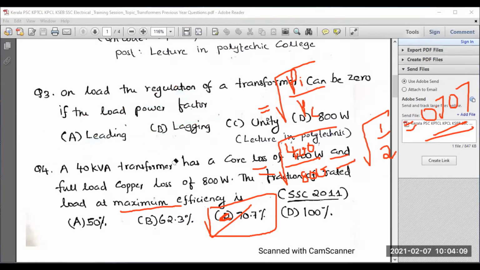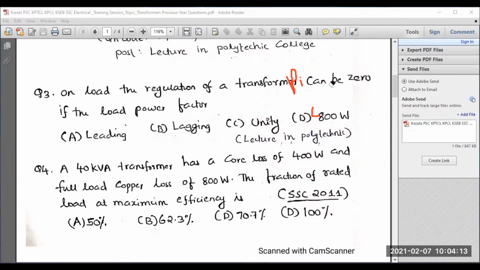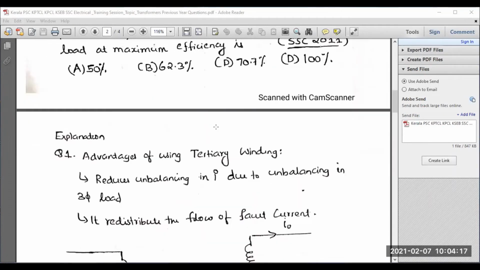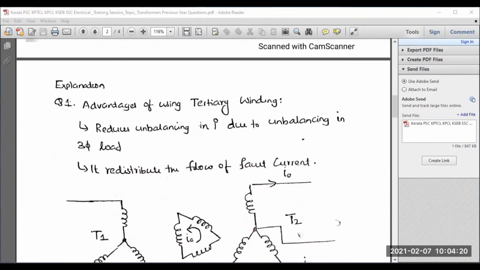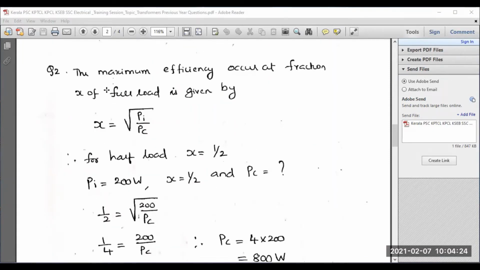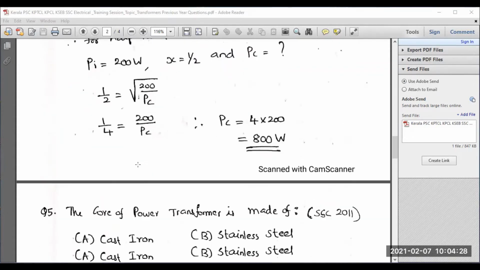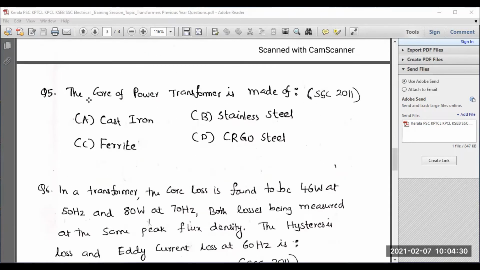Let me move on to another question. You have to write all the formulas. That will really help you out for various competitive examinations. Derivation is not required right now because directly you have to apply the formula within a fraction of seconds. So this is the explanation I have given for your betterment. So you can see that. Just go through that. For question number 2, how did I get the answer? You can note down. Okay, I have already explained. Similarly, moving on to question number 5.